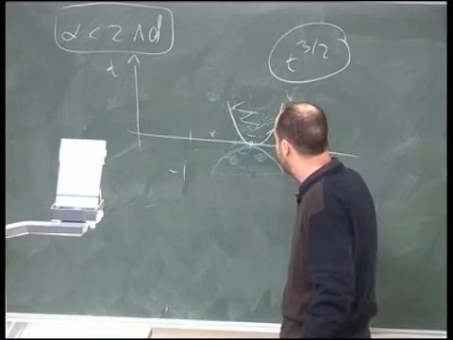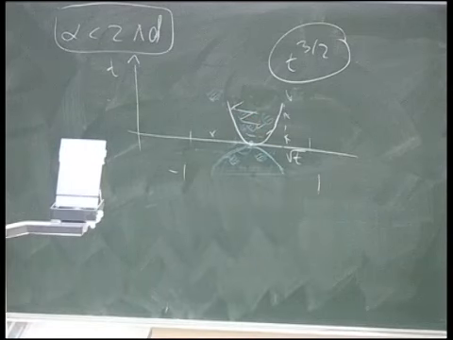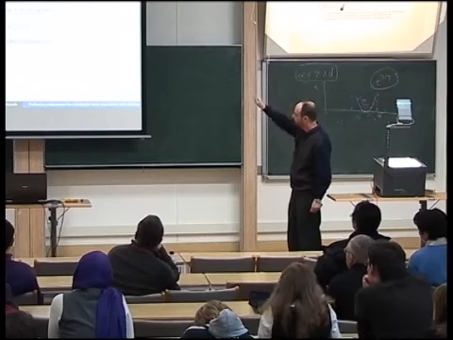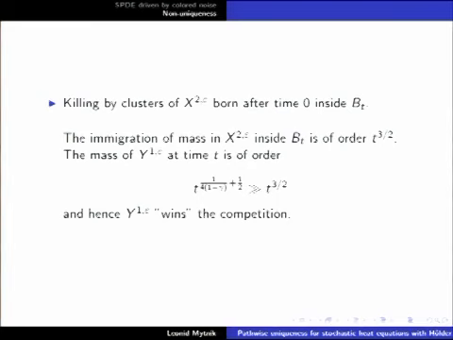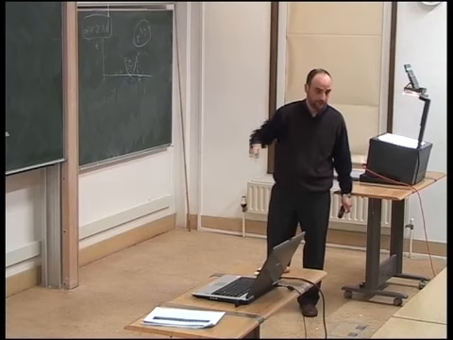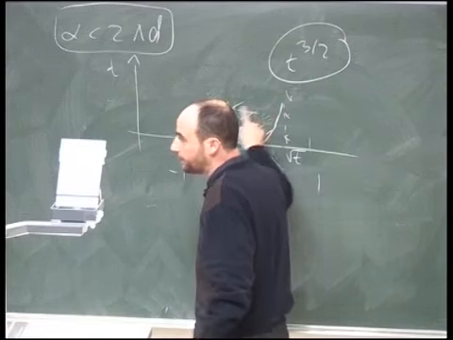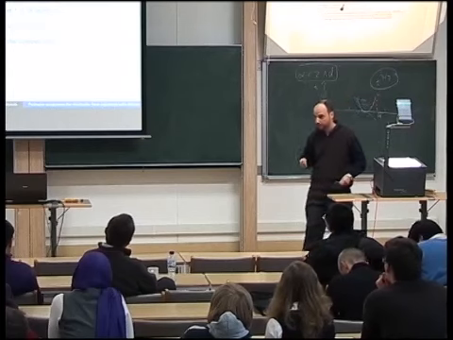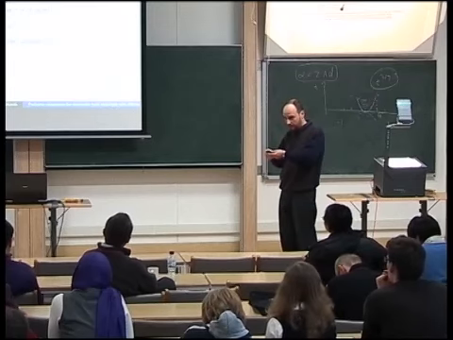You can show how big the cluster is which survives from this point. In fact, I guess I have it somewhere. Yes, it's killing by clusters born after time 0. So this is the mass of the surviving cluster: 1/2 t to the power 1/2 plus 1/4(1 minus gamma). And you see that if gamma is less than 3/4, this power is less than 3/2, which means this mass is greater than this mass, which means that the white guy wins the competition with the blue guys. It means that you can construct in the limit two separate populations